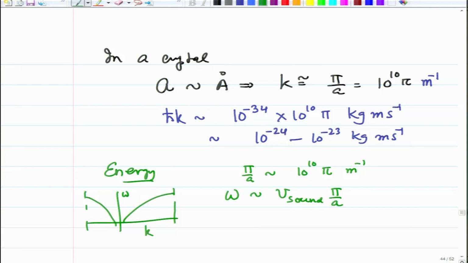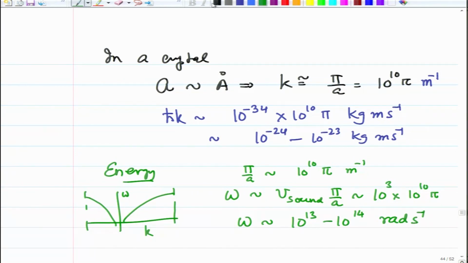So, I may as well multiply by that, and V sound is of the order of 10 raised to 3 meters per second in a solid times 10 raised to 10 pi. So, omega is of the order of 10 raised to 13 to 10 raised to 14 radians per second,